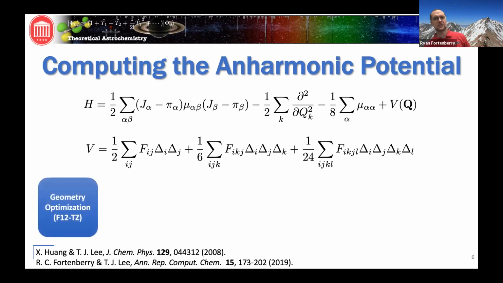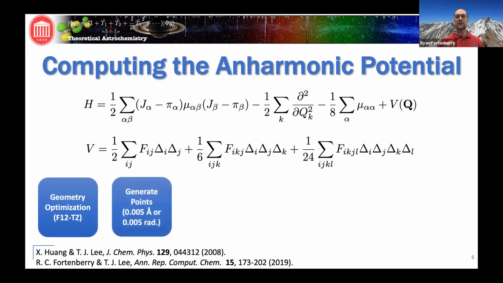The larger procedure, for those of you who are familiar with quantum chemistry, or if you're not, the basic idea here is that we optimize the geometry. So we pick out a molecule. We start with the molecule that we want. We say, what is the spectrum of that? So we get as accurate a description of how those atoms want to relate to one another at an equilibrium state. Then from that equilibrium state, we do displacements. These are the delta values in that V equation that are above. And this is going to help us to define our potential surface, specifically our quartic force field.